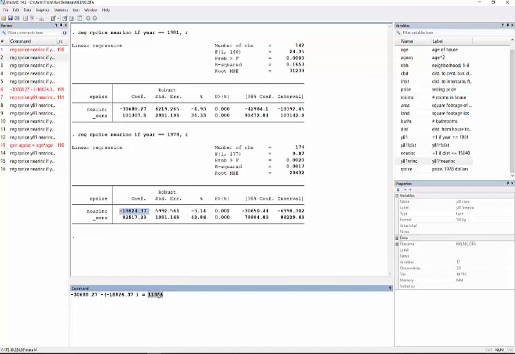You have a minus sign here. The problem with this is that you do not know the standard error, you only know the values, so you cannot do the hypothesis testing. Okay, since you cannot do the hypothesis testing, so it's not good. So you have to find another method to know the standard error for this value. Okay, so just follow the tutorial. There's instruction there. You just follow that,